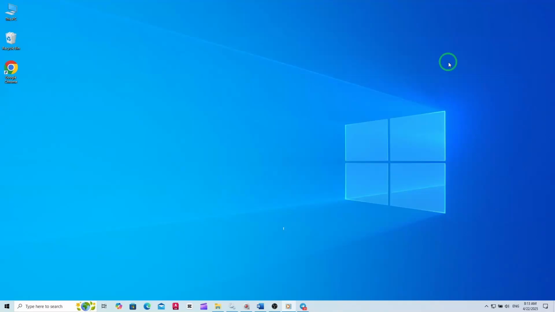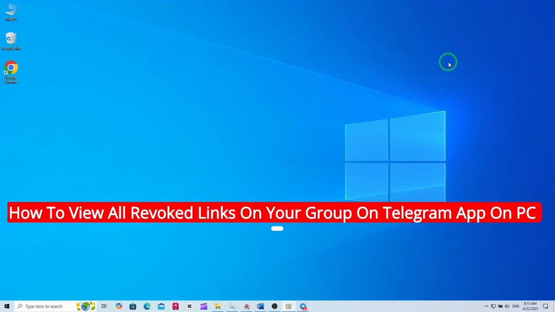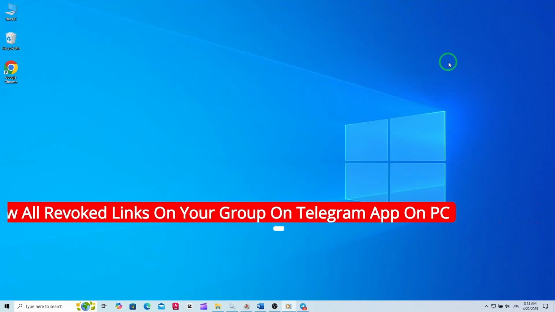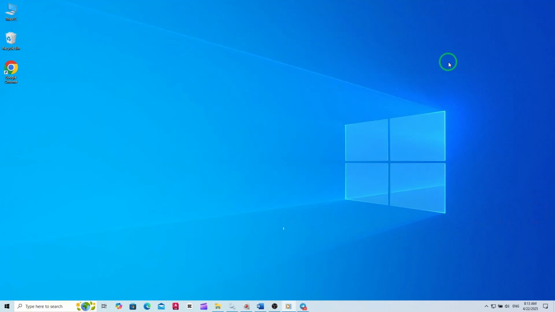Welcome. If you're managing a Telegram group and want to keep your invite links secure, it's essential to know how to view all revoked links, especially with the latest updates on the Telegram desktop app. Today, I'll guide you step by step on how to find every revoked invite link in your group, so you